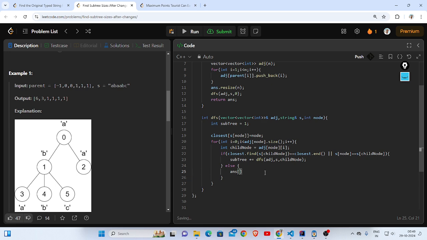So how is the answer going to be updated? Whatever node is inside closest. So A of 0 is inside closest, right? So the node will be closest of S of node, or actually child node,